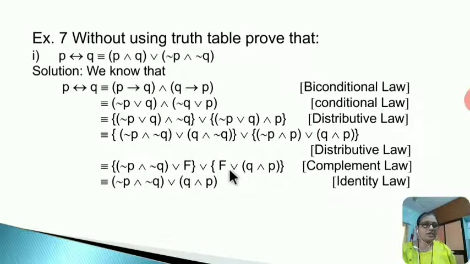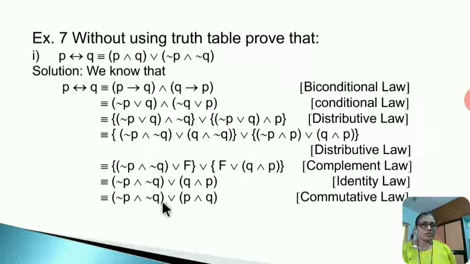Or again here, F or Q and P, it is Q and P. We use here identity law. Write this for justification here. Now negation P and negation Q or P and Q, I write here